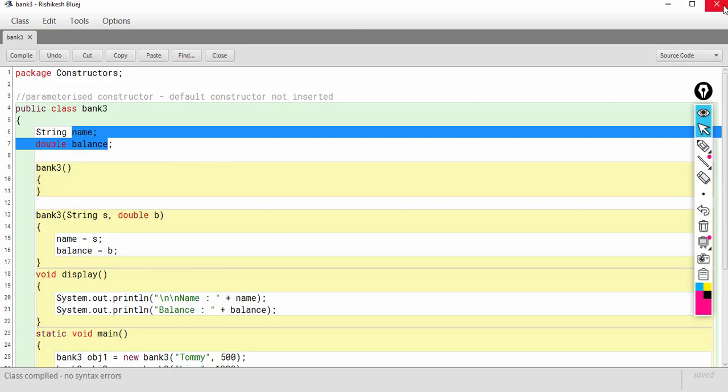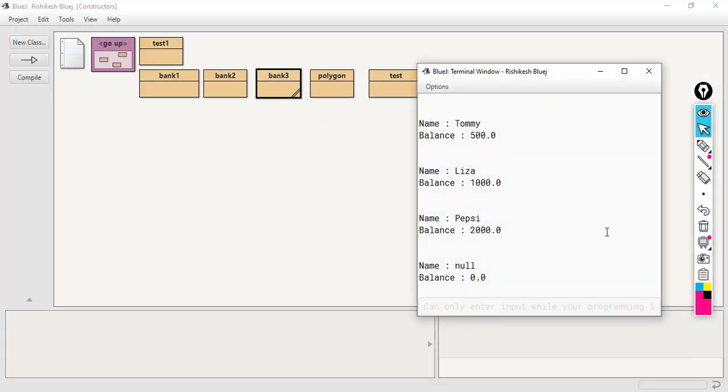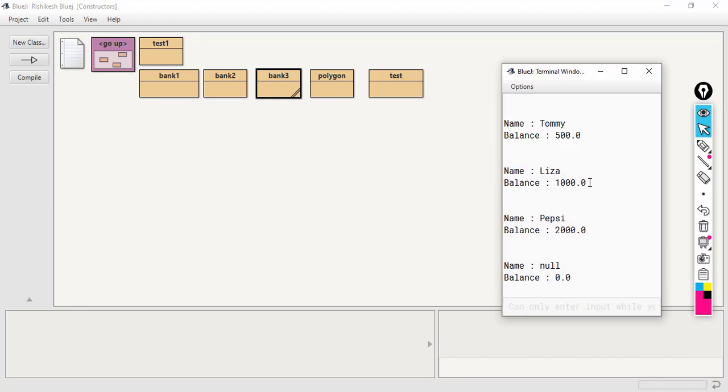So let's have a look at the output. As you can see, obj1, obj2, obj3, their output is the same as before, and now at last we have obj4's name and balance, which is null and 0, the default values.